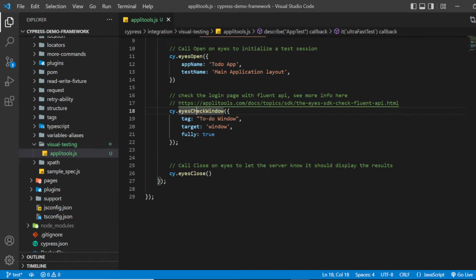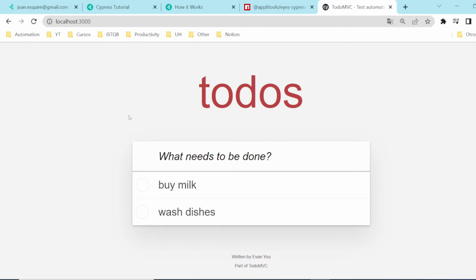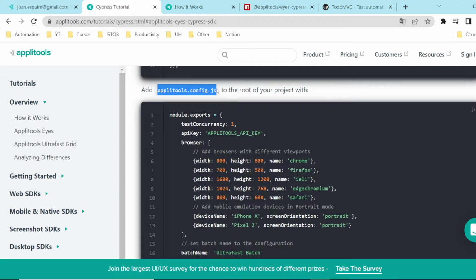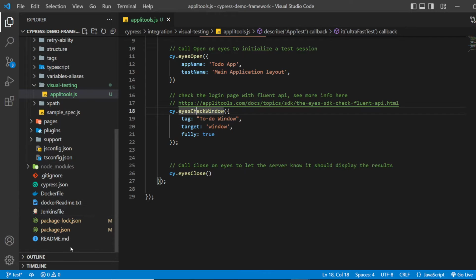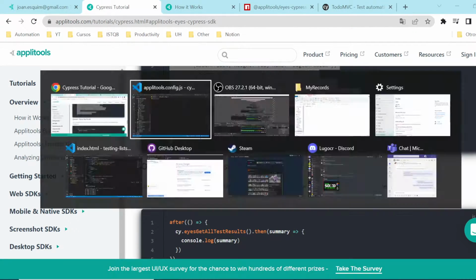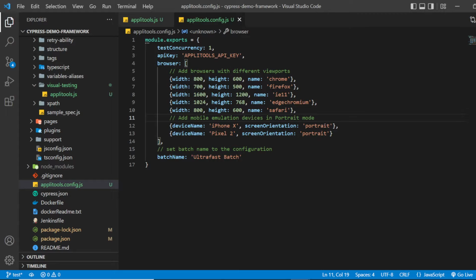So as soon as I have done this, I need to do something else. Let's check the official documentation. I need to create an applitoolsconf.js file in the root directory in my project. So I'm gonna do it, and I'm gonna copy this code that I have over here. I'll try to explain right away what is happening here. Basically, we have a module that exports all the configurations that applitools is going to use. For example, the test concurrency, for right now we have only one, and we have to paste the API key